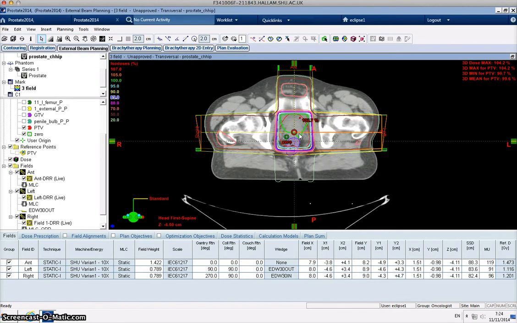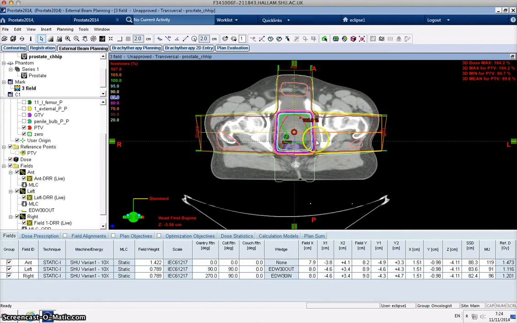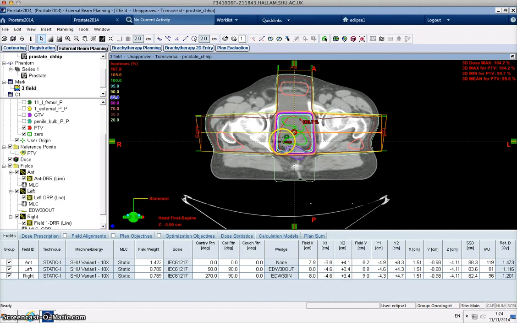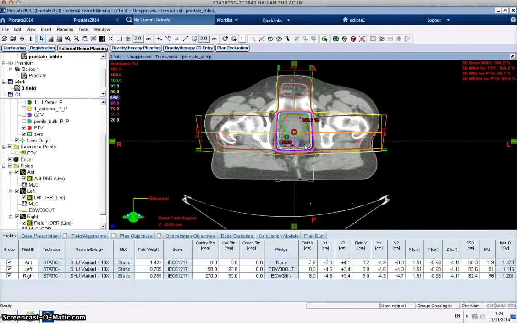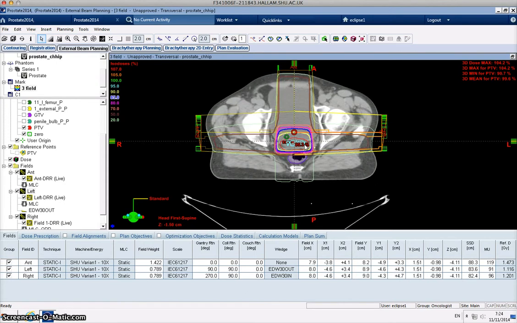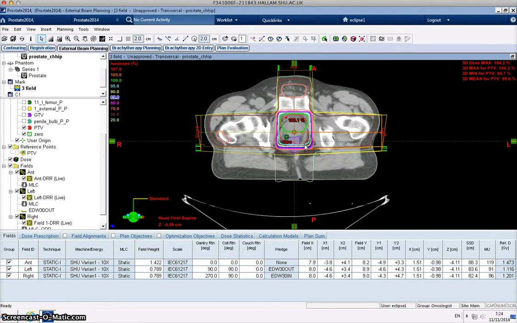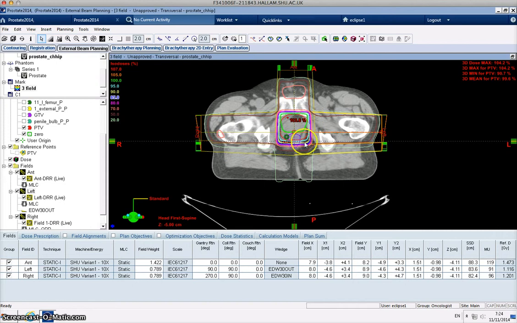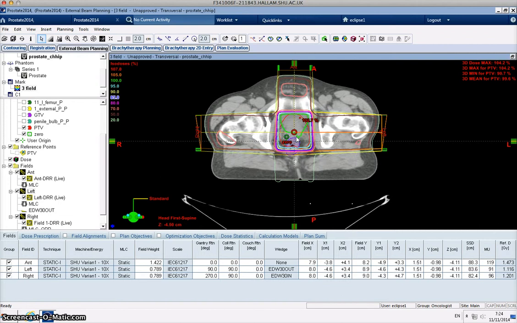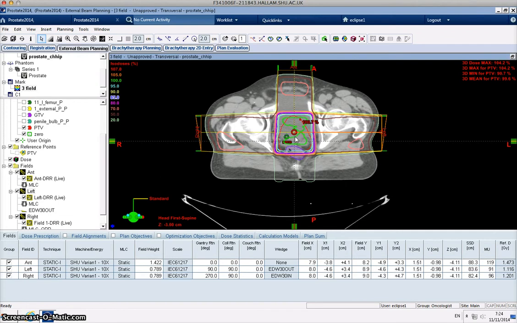We can see we've still got a little bit of a dose gradient going on, so this is the hottest point on each slice, and as I scroll up and down, what ideally we want is for this to bounce around, and we can see it's sitting anterior all of the time. That tells me again we might need to tweak our weightings or wedges a little bit in order to even that out. And in terms of dose outside the PTV, we've got less than 80, so we've got no